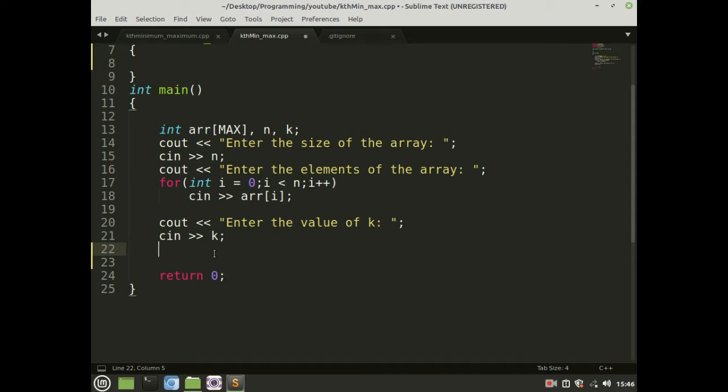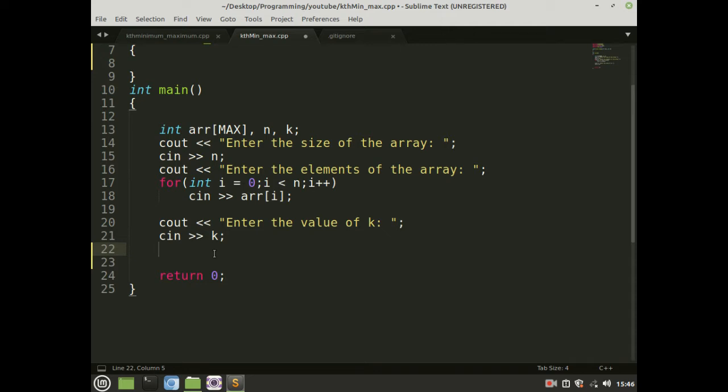At first we are going to make the code so that it finds the kth minimum element, or the kth smallest element, from the array. As we discussed earlier, to find the kth smallest element from the array, first we have to make a max heap from the first k elements of the array.